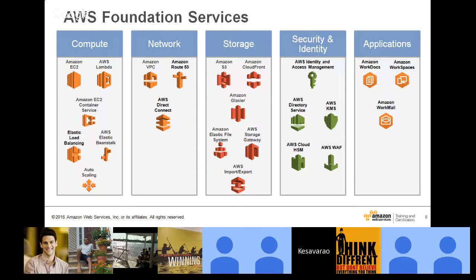Now Amazon Glacier is really meant for cold storage. S3 is for hot storage. Hot means the data that you are currently using, you use it in S3. But anything that is becoming old and not regularly used, only once in a while,